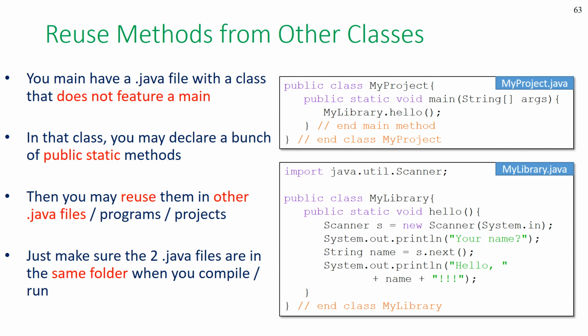So the advantage of that, besides the fact that I can say, oh, I'm going to work on the main, I'm going to do all the work for that one line of code, lucky me, and then I'm going to ask somebody else, you do the work for MyLibrary.hello, okay? So besides the fact that I can easily split the work like that and organize my application as it gets bigger and bigger in a way that makes it easy to find the code that relates to some specific features and so on and so forth,